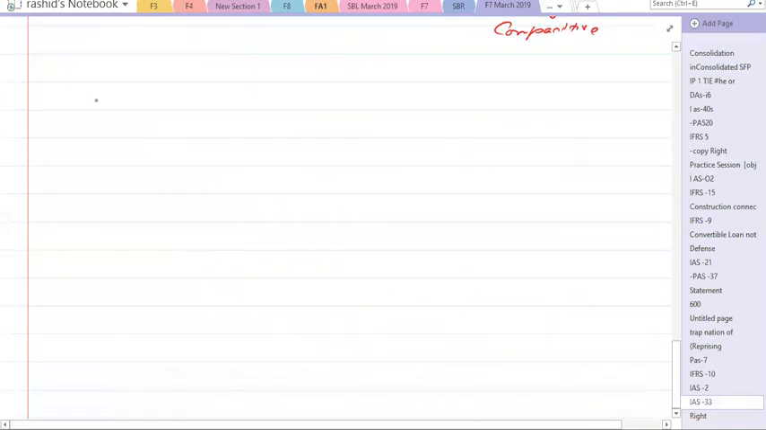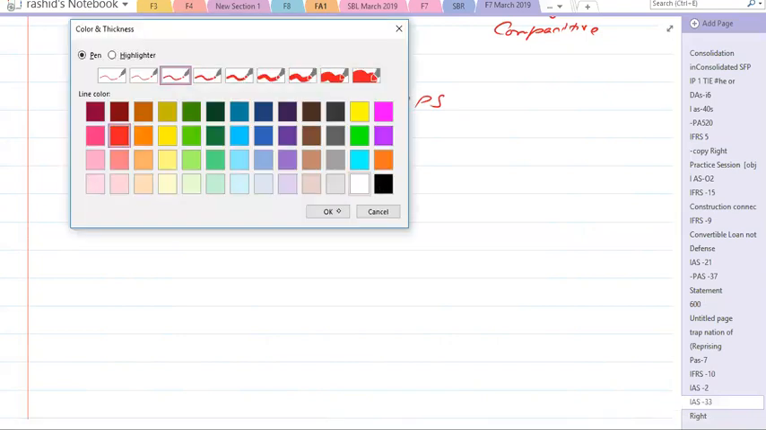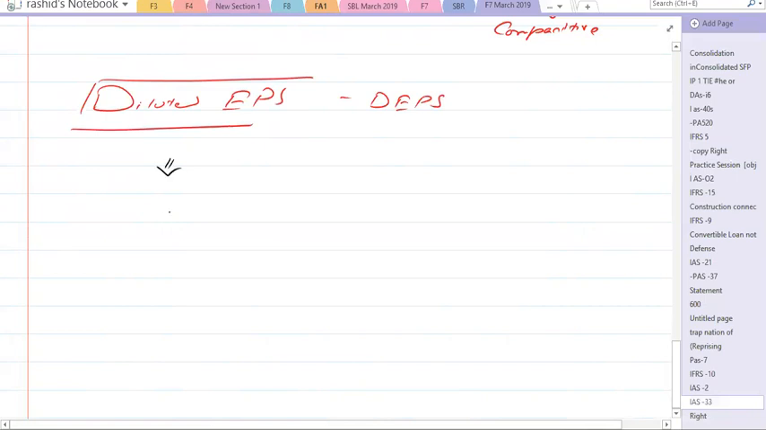The last thing we will be discussing in IAS 33 is diluted earning per share, DEPS. What is the concept behind that? If you remember the convertibles, the hybrid instruments, the warrants,